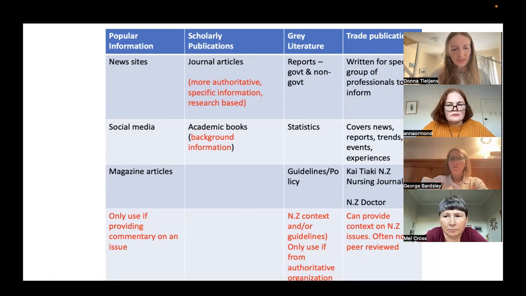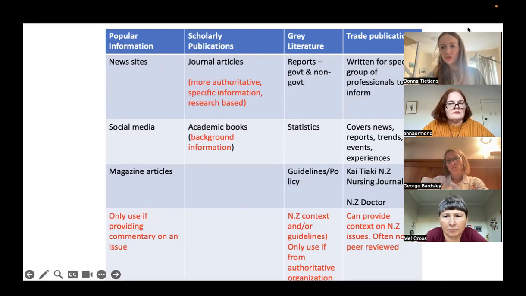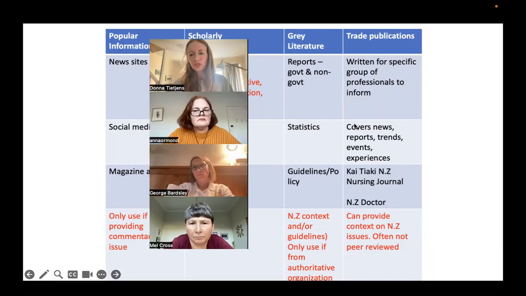Sometimes students have cited the research as it appears in those news articles. At postgraduate level, the expectation is that rather than cite the news article, you actually go back to the original piece of research. And then here we've got trade publications, and so they're written for a specific group of